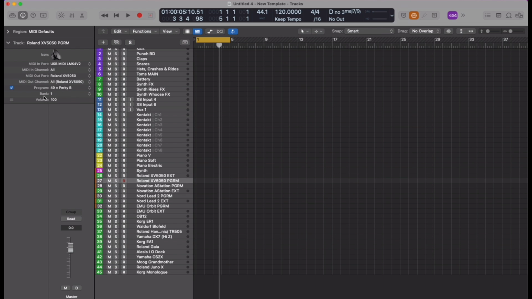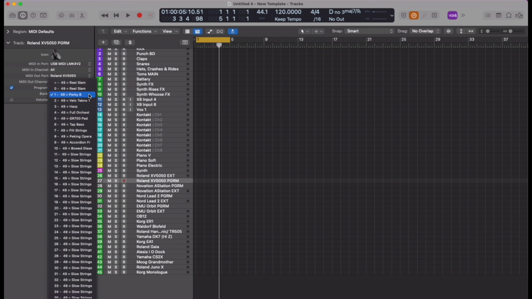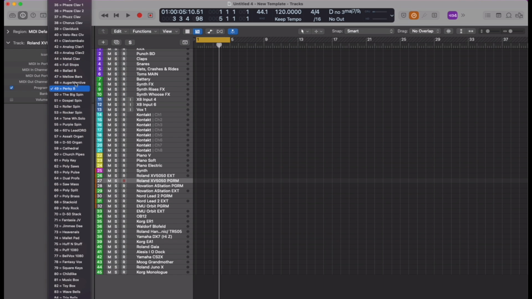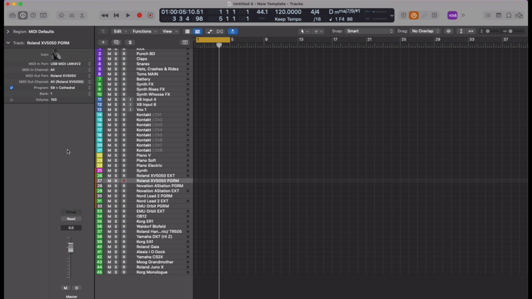What I'm able to do from here is change the sounds of the XV from here. So change the program, and you can hear right now a basic little Rhodes piano there. And here are all of the presets listed from the XV on bank 1. So now I can change it to a cathedral organ,